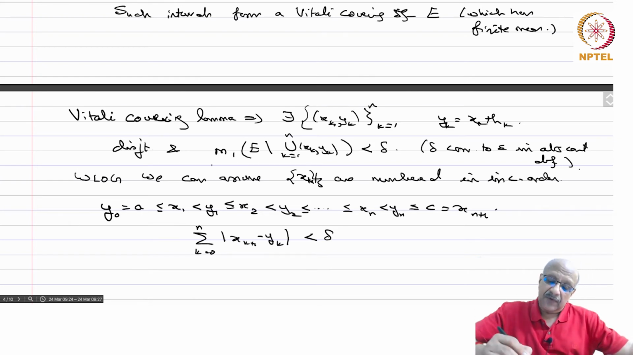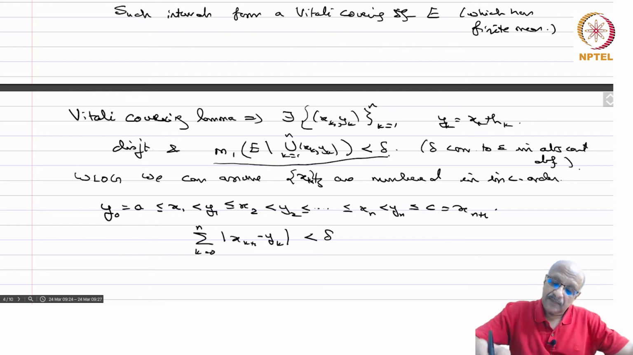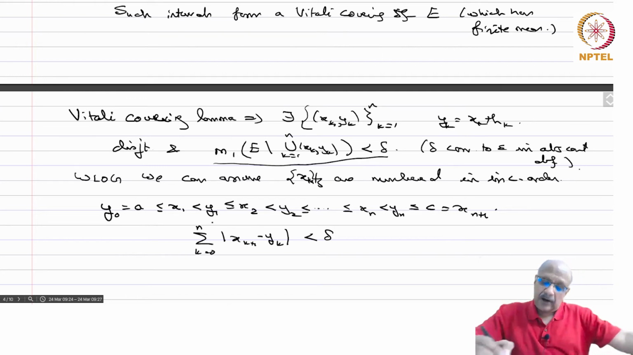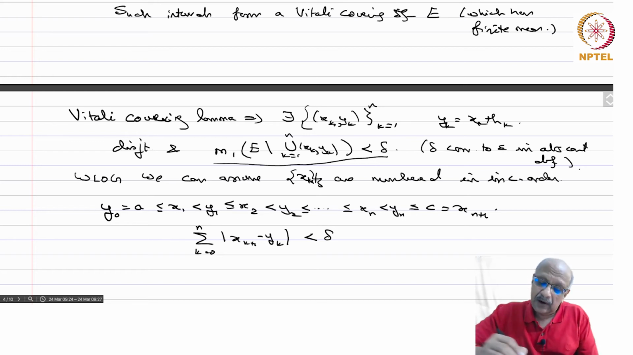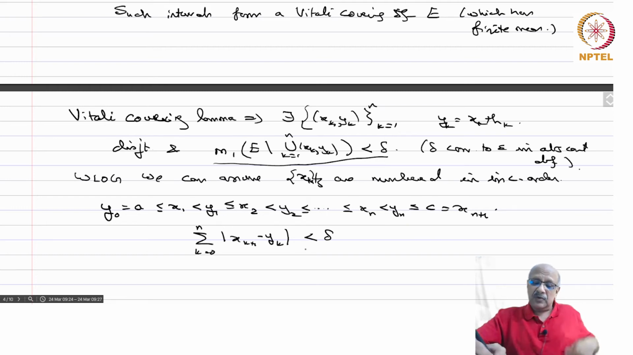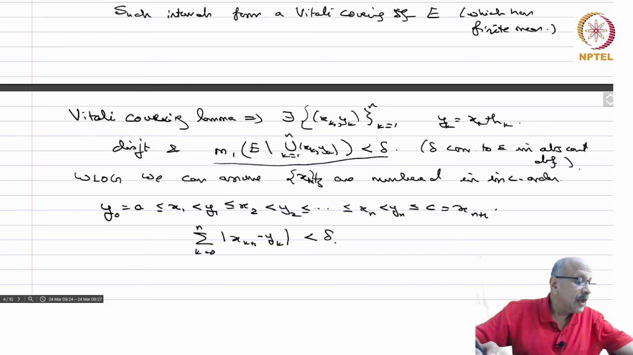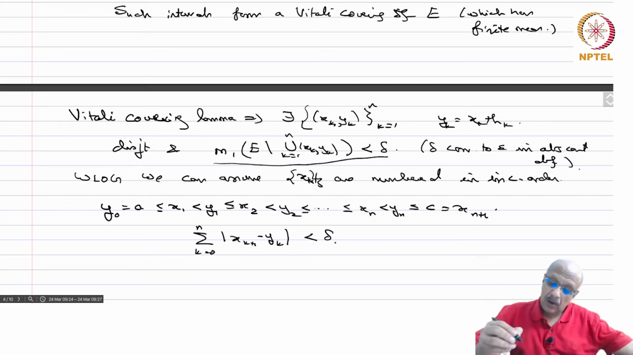That is coming from this condition here. So these xk plus 1 and yk to xk plus 1, this is the portion which is not covered by those intervals, and therefore the sum of all those is less than delta. So on one hand